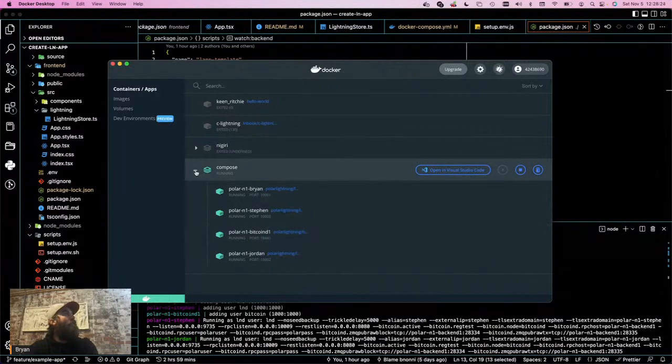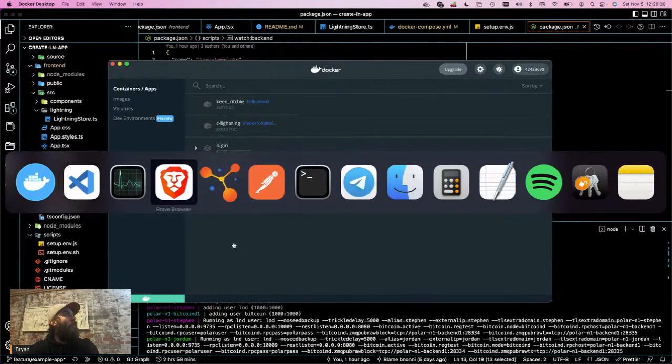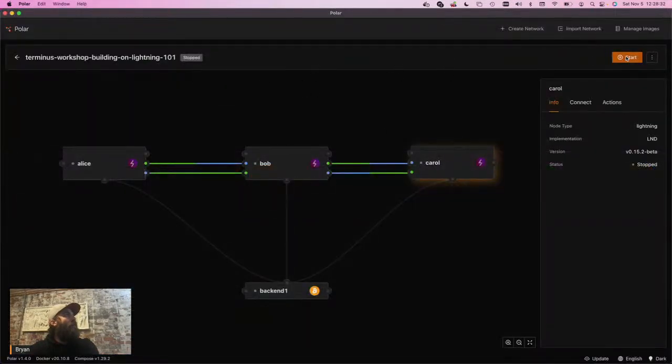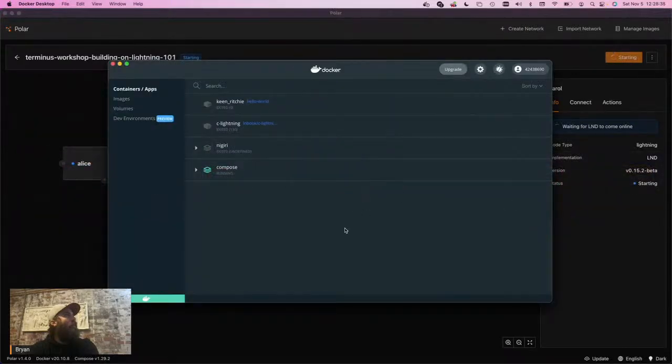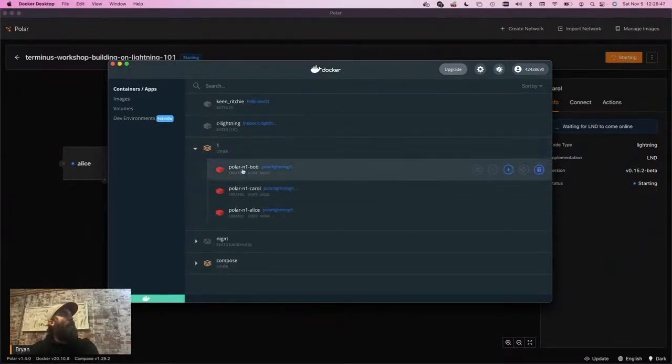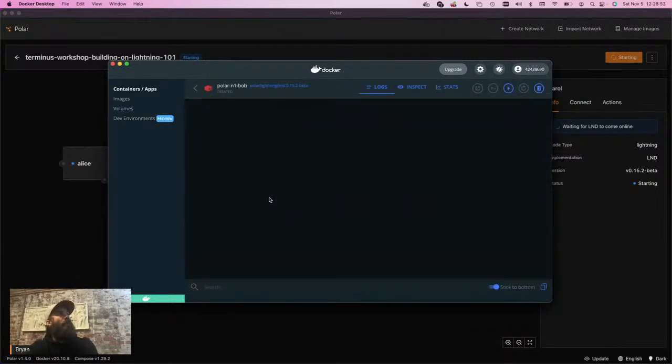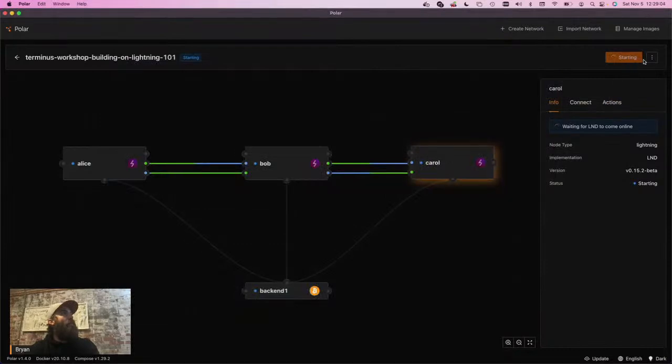Interesting. So I wonder if it just swapped that. Yeah, compose. This is my local container. Let's see if I can now run Polar at the same time. It might not work because of the URL specs. So interesting. So yeah, you're getting some errors here, but that's likely because you can't run two networks with nodes running on the same ports. Right. So you'd have to have an easy way to customize the backend such that you can specify different ports for